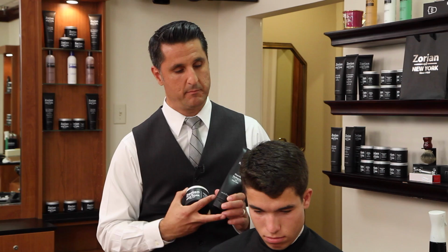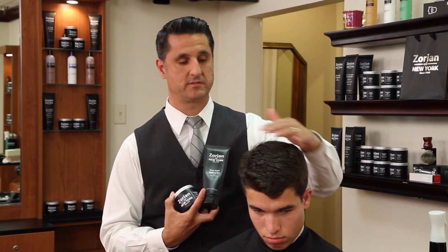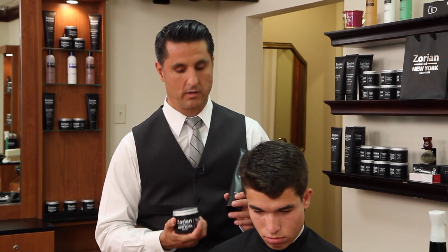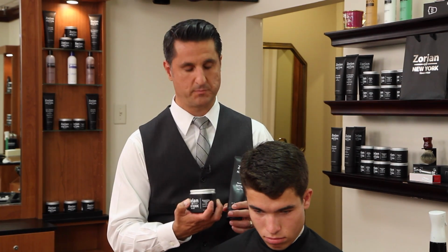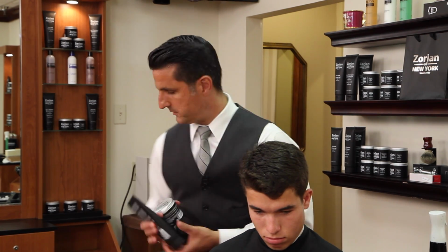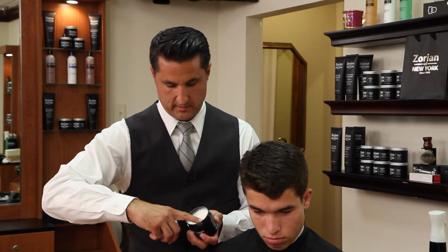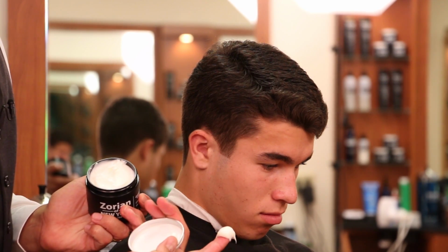In this case, because our model's hair is so thick and it's going to stay where you comb it anyway, even if he didn't have product in, we're going to go with a little bit lighter hold, and the grooming cream actually is probably our most popular product. So what we're going to do is we want to take a nice amount of it, about that much,